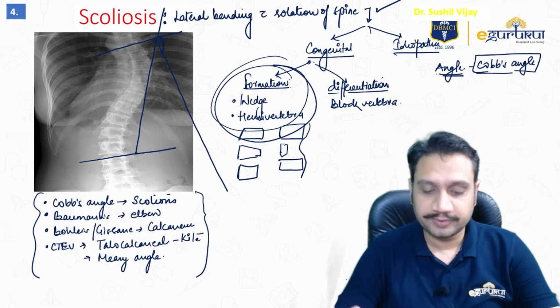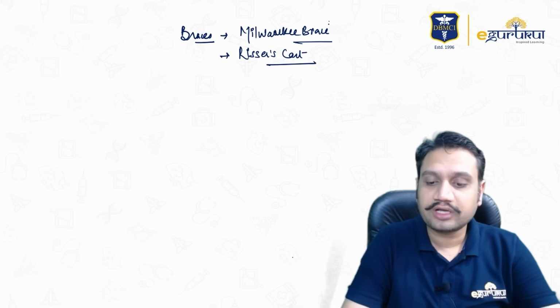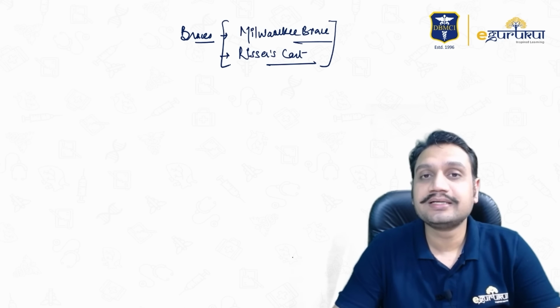Okay. Now the braces which are used for scoliosis, I want you to remember those braces also. What are those braces known as? One in a child is the Milwaukee brace, or the other brace which can be given in the adolescent age group is the Risser's cast. So Milwaukee brace or the Risser's cast, these are two which are commonly used. Boston is another one which can be used. But scoliosis and osteoporosis, I want everybody to be thorough, because there have been repeated questions from these two topics